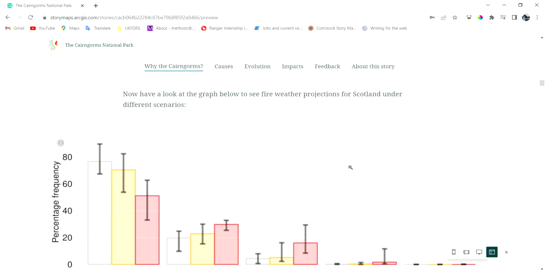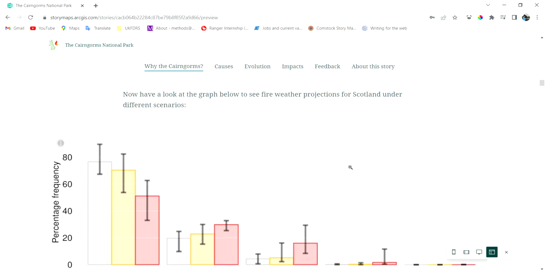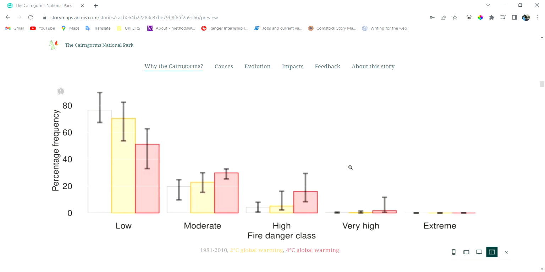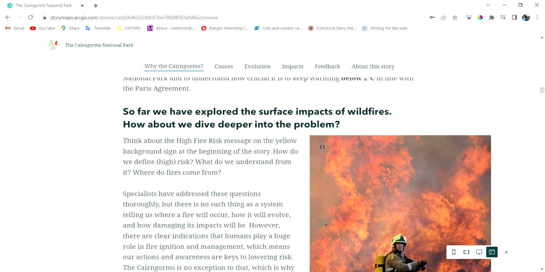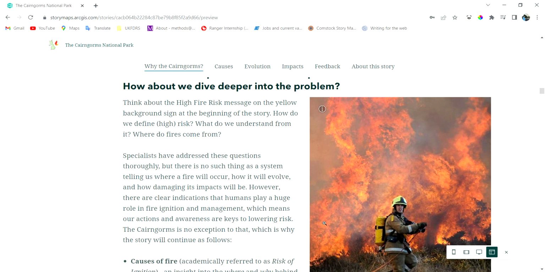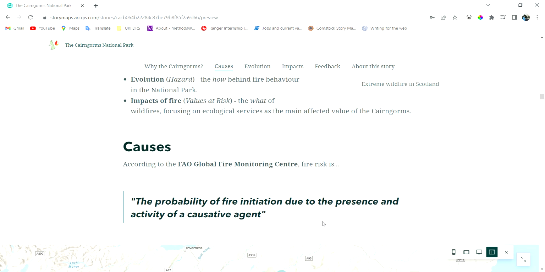Here is a graph showing fire weather projections for Scotland under different scenarios. So either under 2 or 4 degrees Celsius global warming, you can see these red bars. We're getting deeper into the story now. So, as I said, I'm looking at the causes of a wildfire, its evolution, and the impacts. Going to causes,